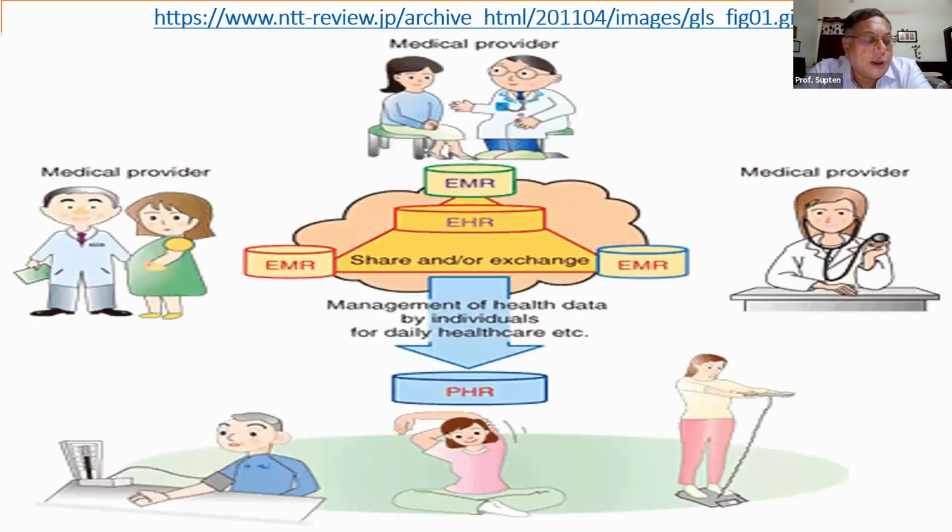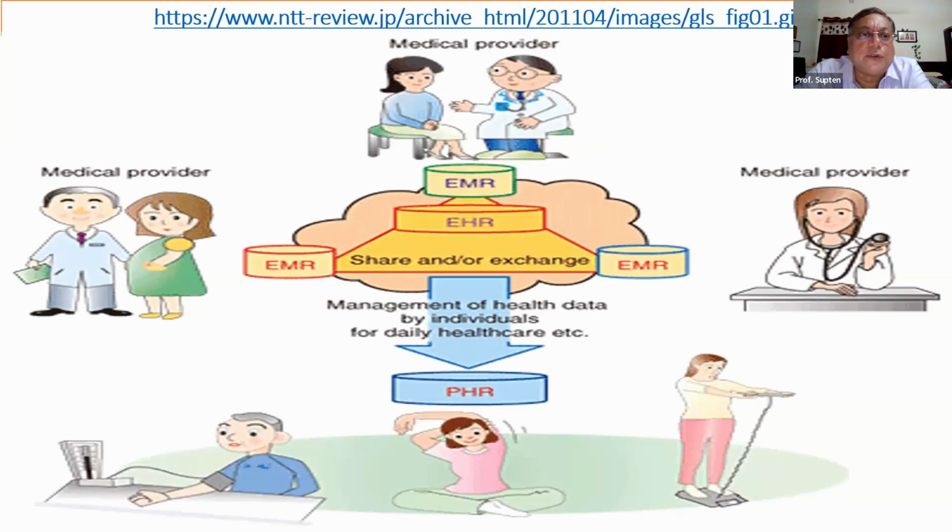So one thing which is very important is to know about what is an electronic medical record. Electronic medical records are essentially episodic records which are collected mostly during inpatient care. When a patient is admitted, the inpatient records could be in the same hospital or different hospitals, and multiple times could be in the same hospital. So you may have multiple electronic medical records. One person can have multiple electronic medical records. Similarly, a person can also have a PHR, that's the personal health record.